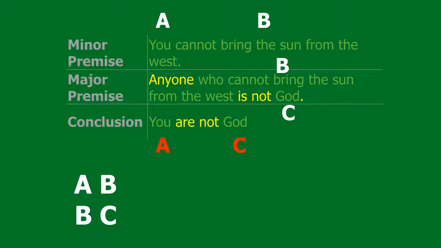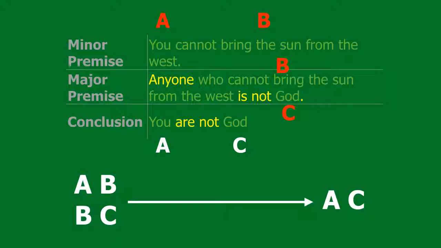It tells you that the first and second propositions share the term B. B is the predicate of the first proposition and the subject of the second. And the conclusion of this argument has the abstract form AC. A is taken from the first proposition and C is taken from the second proposition. This kind of argument is called a categorical argument, a categorical syllogism. A categorical syllogism is an argument in which the conclusion is taken partly from the first proposition and partly from the second proposition. So the conclusion here is of the form AC.